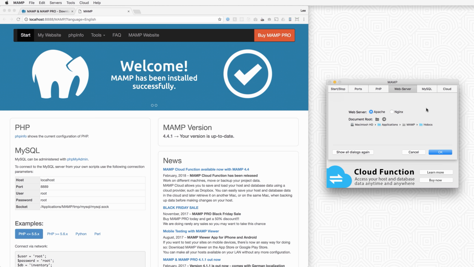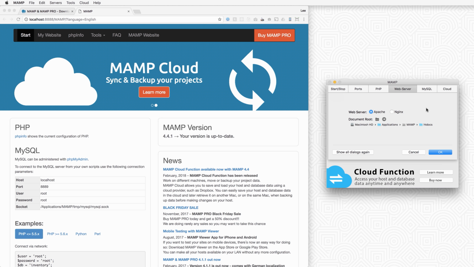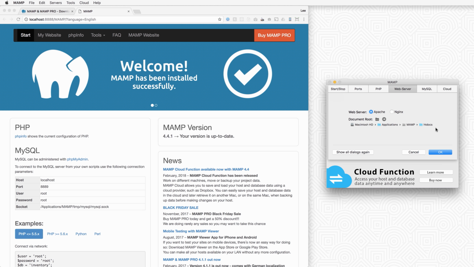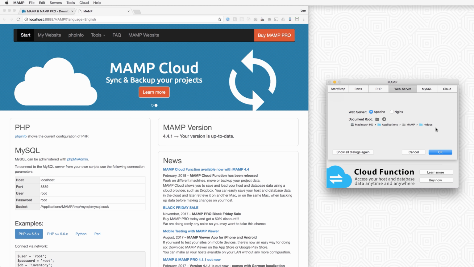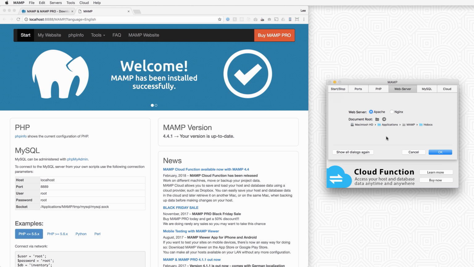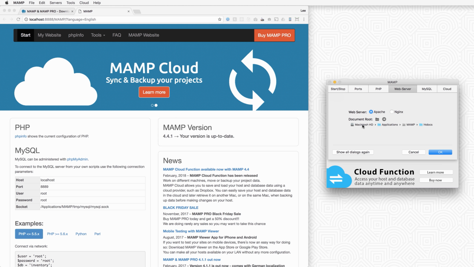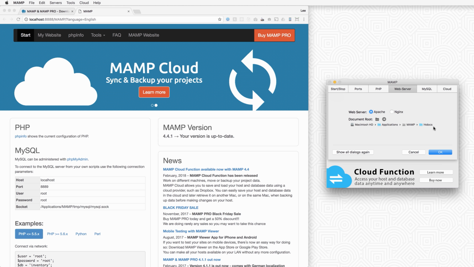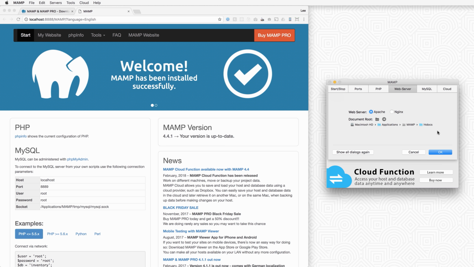Web server. Okay, this is going to be the most important page. You're going to use Apache, and then the document root is where we're going to be storing all the files. So when we download WordPress and install it on your computer, we're going to install it in this htdocs directory here. So you're going to want to take note of this, that for me at least, it's on my Mac hard drive in Applications, MAMP, htdocs. And if you're on a Mac, it's going to be similar. If you're on a Windows, it should be on your C drive. Just take note of where that root is,